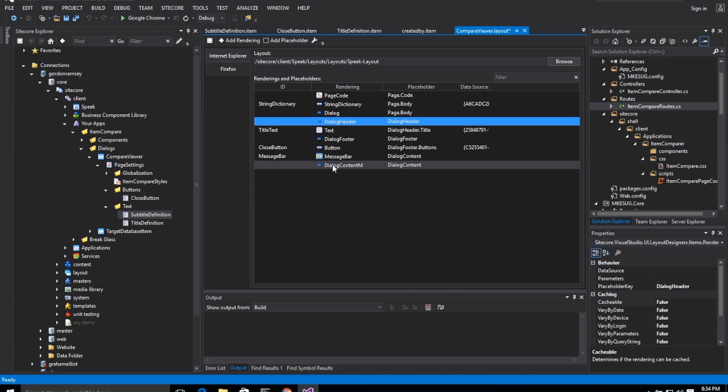There are other substructures, and you find these in this business component library within the Sitecore structure, or you can go look in documentation. I found it's better to go look at the source. And you can see what placeholders are in there from a structure that you may need. So we're choosing dialogue content M just because we just want that main content area. And now let's go ahead and add